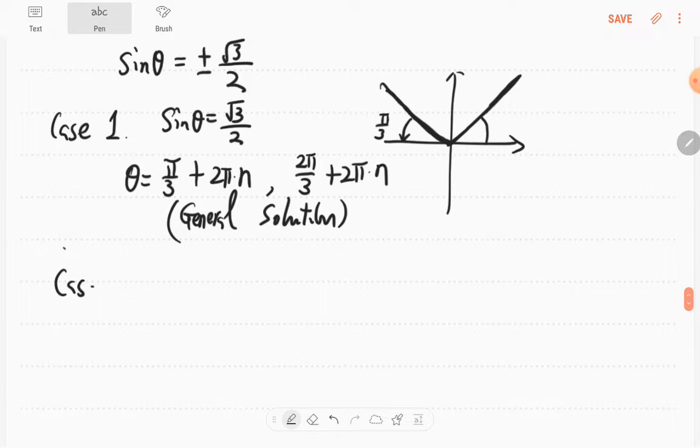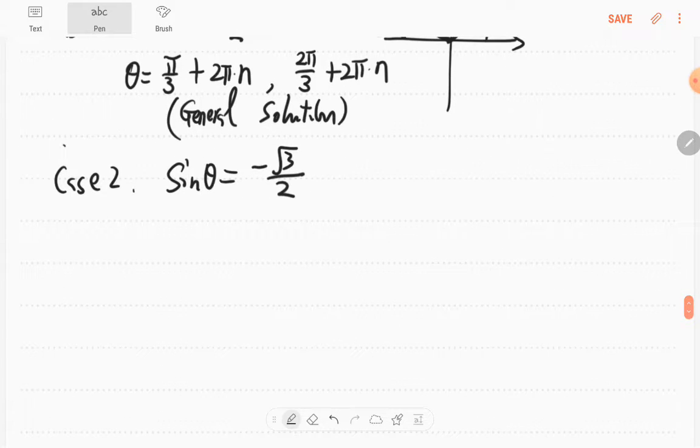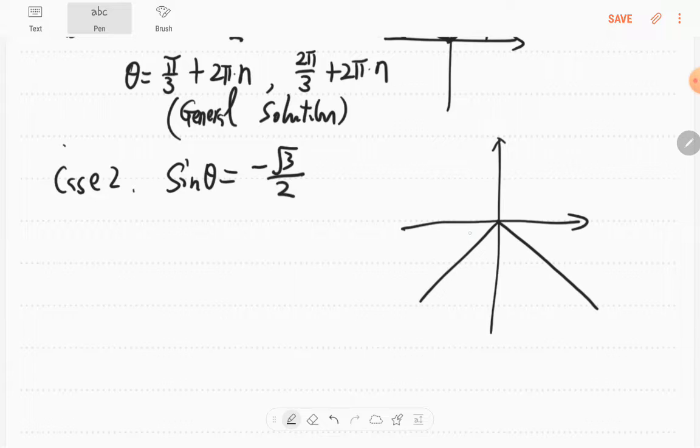Case 2, sine theta equals negative square root 3 over 2. Okay, so for a negative number, the terminal side would be in the third and the fourth quadrant, right? The reference angle is still pi over 3, since sine equals square root 3 over 2. So this part is pi over 3, and this is pi over 3. For this part, you should be very familiar with the trig function values for some specific